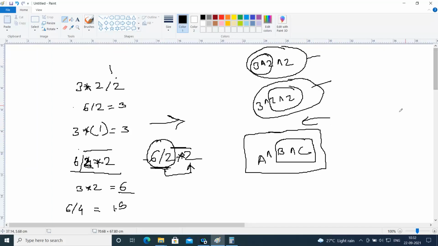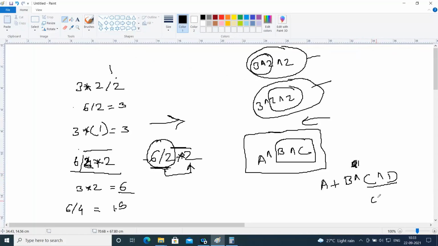Take care of this. For example, if I write an expression like a plus b raised to c and again raised to d, and I want to convert it into the postfix notation, then I'll give preference to solving this first, not b exponential of c. Whereas if this operator is multiplication or division, then we will solve the left side first. But in the case of exponential operation, we have to solve it from right side to left side.